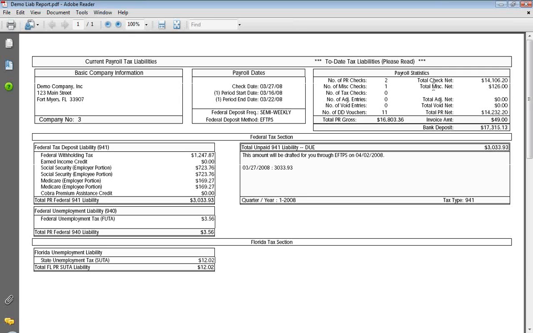Now, let me again talk about the difference between that $11,000 and change direct deposit figure and the $14,106.20. That's the sum of all 13 checks. There's 2 paper checks floating around. Many of our smaller clients simply ask us to print a professional check that has their business name on it, and their bank account numbers at the bottom. They hand those checks out, and obviously they will clear the client's bank account whenever the checks are presented